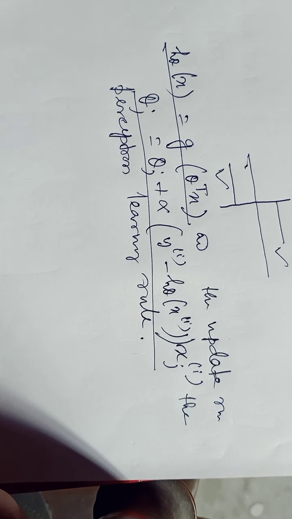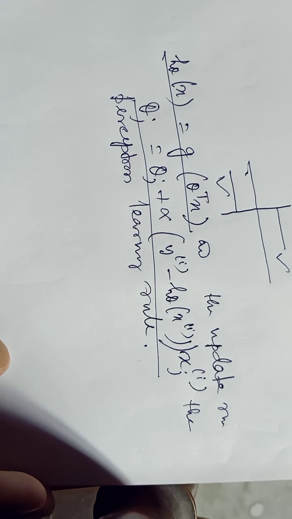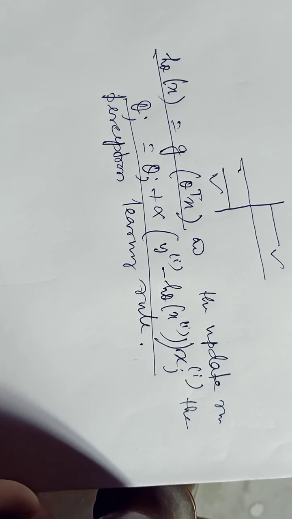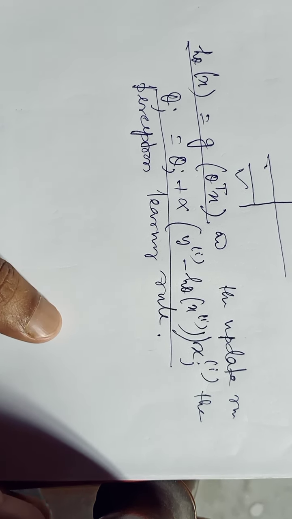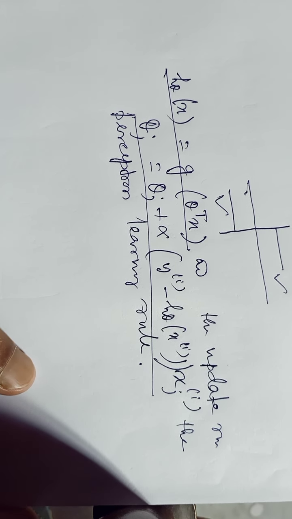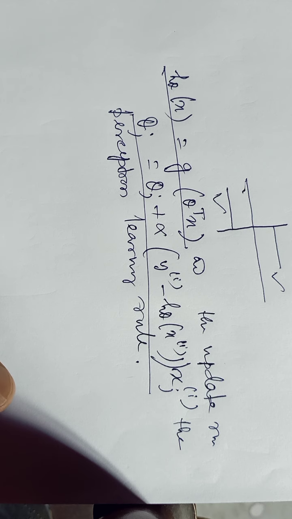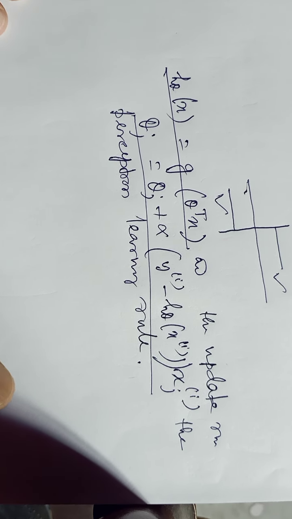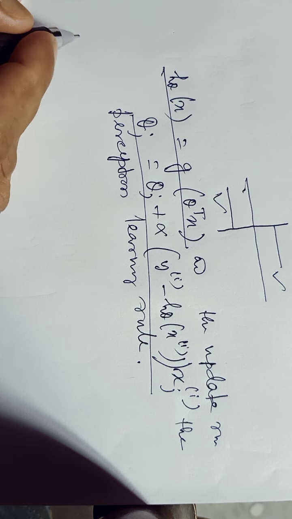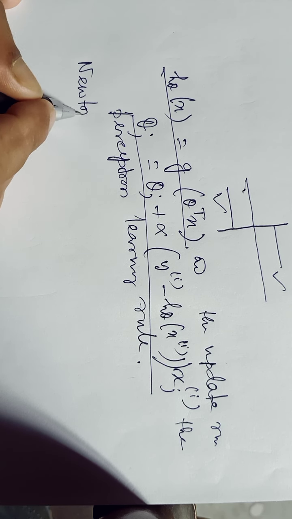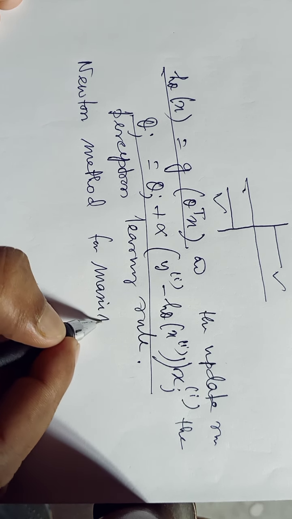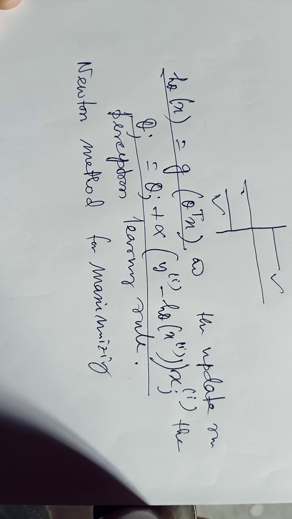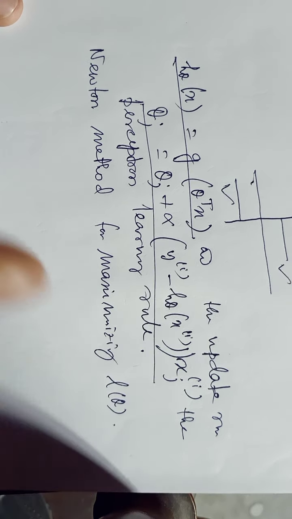Okay, right. Now the question is: is there any other optimization method that we can use except the derivative? Except the derivative, is there any other rule for finding the maximum or minimum? Here, in this case, obviously maximum likelihood, so our optimization problem is to find the maximum likelihood. Okay, so hope you can remember the Newton method for maximization. We can use the Newton method for maximizing L theta also, which is very useful.